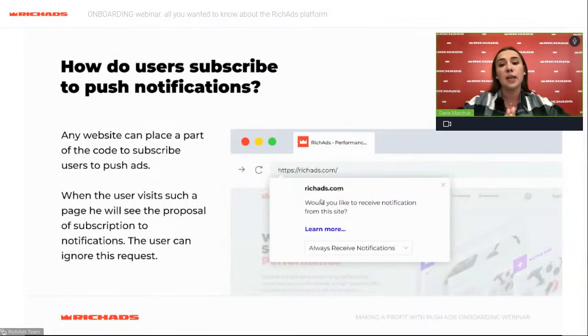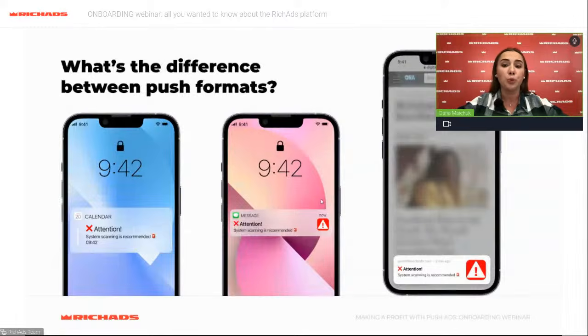It is important to say that when an advertiser buys push ads, it is automatically sent to the devices of all the users that fall under the conditions of the targeting. Meanwhile, the user doesn't have to stay on the website to receive push ads. Even if the user is offline, he will receive an ad when he is online again. I mentioned earlier that in page push, iOS calendar push and classic push are a bit different. Let me explain in which ways.